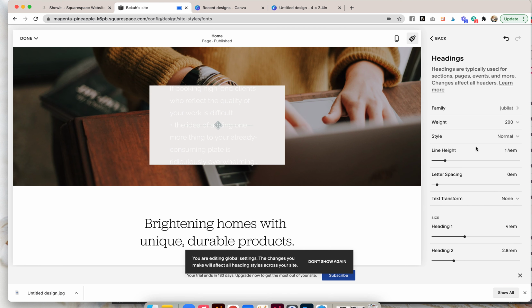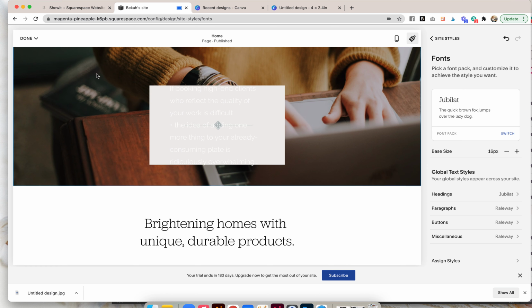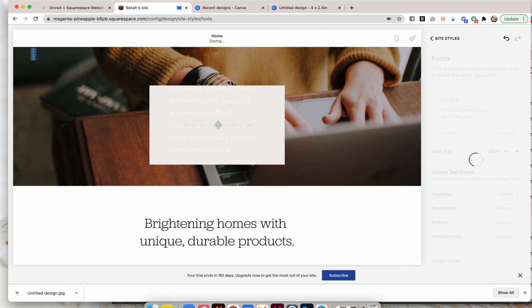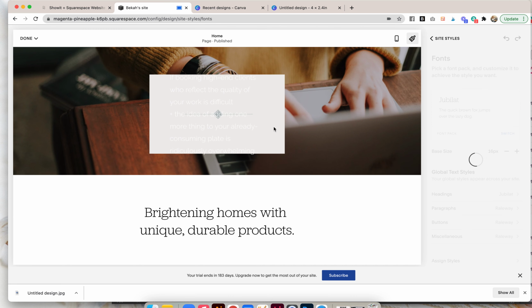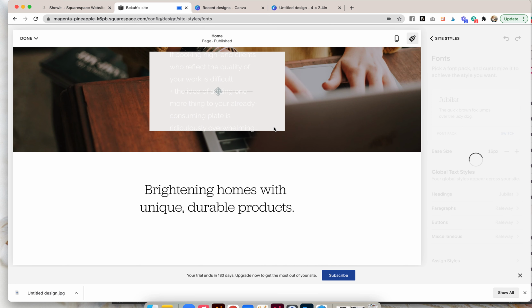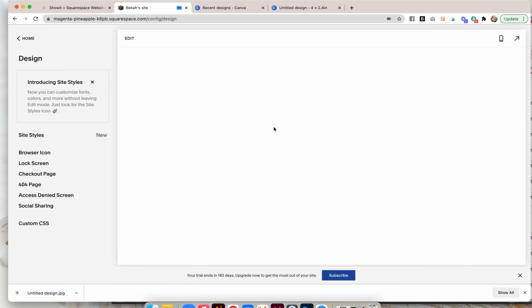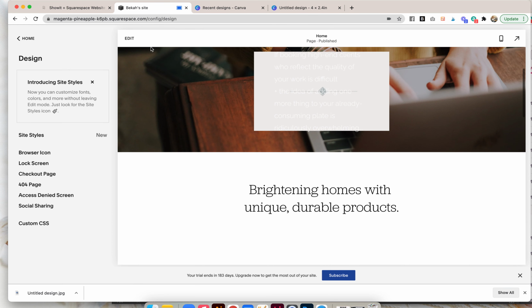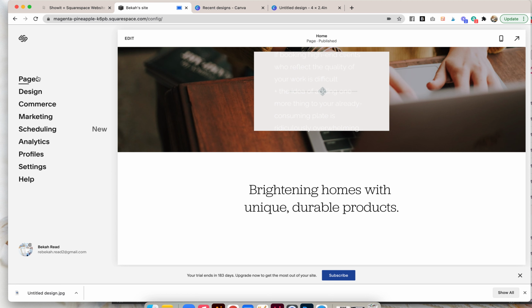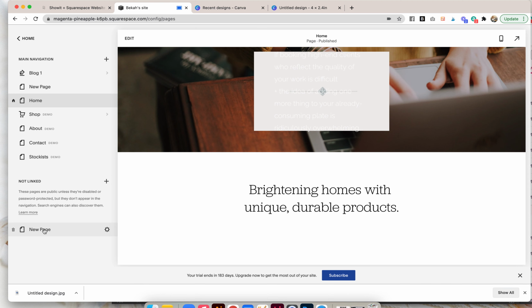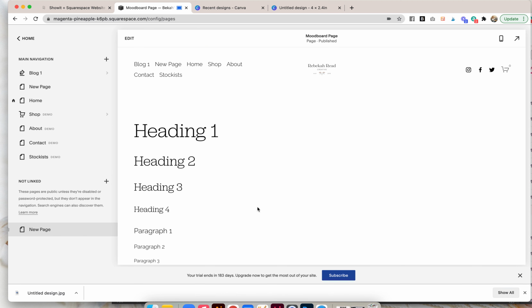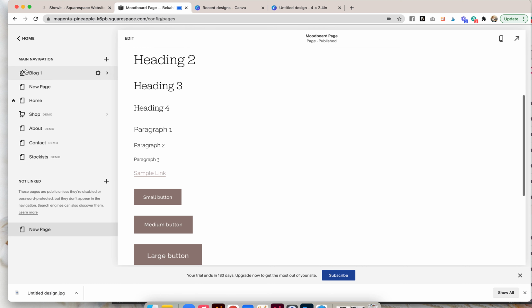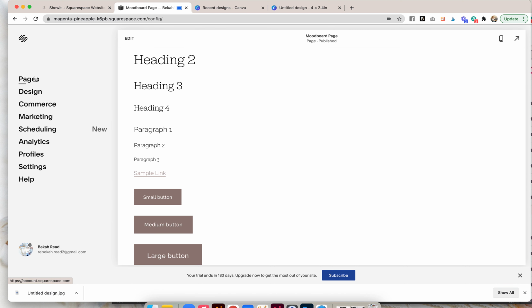And then I'm gonna do. So I have a page on here where I can look at my fonts and just kind of see what they look like, because it's kind of hard to change the fonts when I can't see all of them. You know what I'm saying? All right, coffee sip had to happen. Okay, let's find that page. So I just created a new page that literally just has every single heading and paragraph and then buttons, so I can design it exactly how I want.